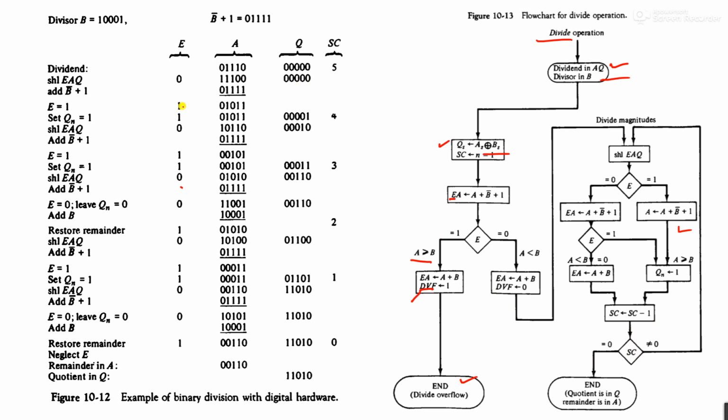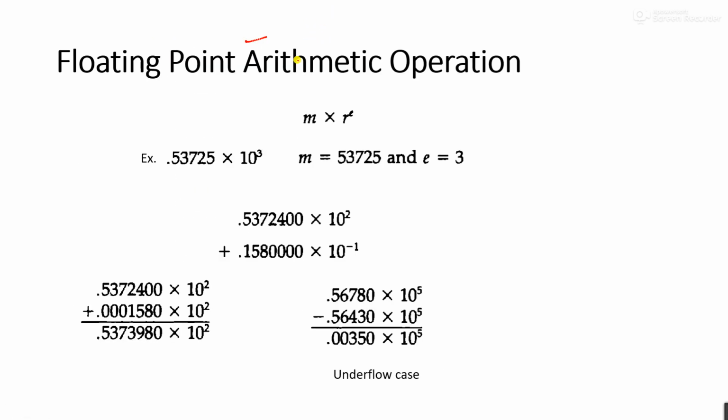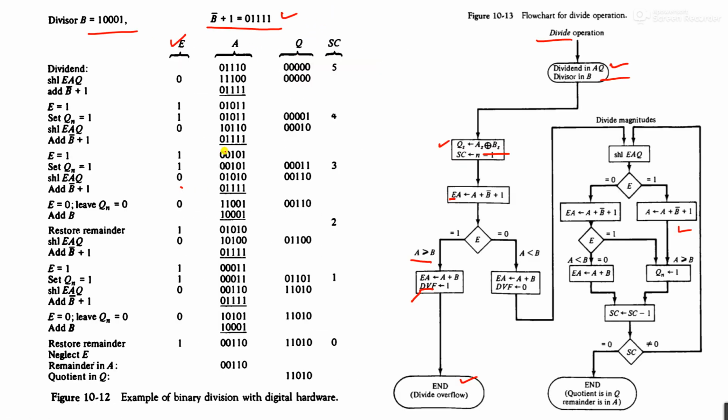That is a complete table, as I have already told you in my last lecture about how the complete table works. So you can also use this table for your reference, and in this case you have the divisor in the B, and B bar plus 1 is the 2's complement of the B, and E, A, Q are used for the division, for the storage of the data. Sequence counter is initialized by 5, which is n. N is the number of bits in the Q register.